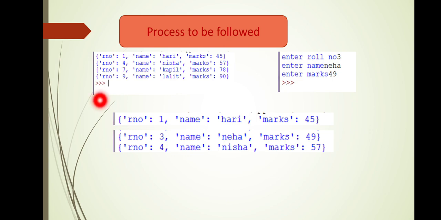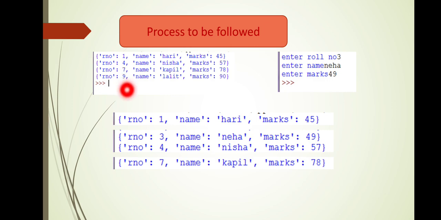Next, we are going to read the next record, that is the roll number 7 record. Now this roll number 7 record need not be compared with the new record because the new record is already inserted. So simply this 7 will be copied to this temporary file in this way. In the same way, the record with roll number 9 will be read and again copied to the temporary file. So the temporary file will have the contents in this format, in this order.